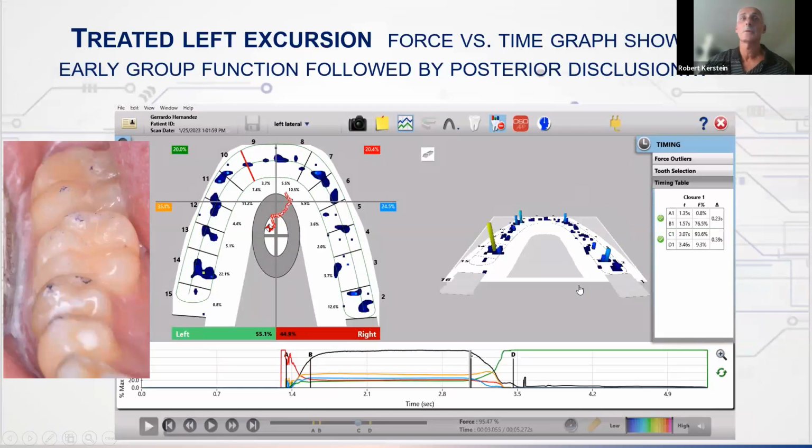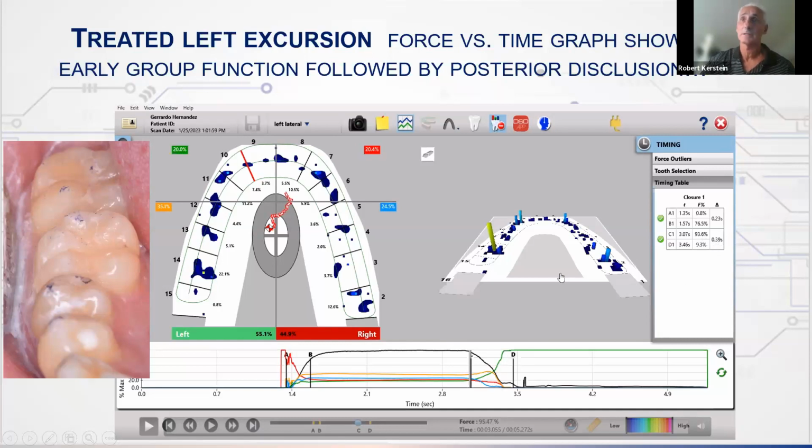Now here's going left. What do you see going left? Reading the graph, there's a group function. The orange quadrant is posterior left, and then it dissipates. The balancing side drops out pretty fast. They actually both drop out around the same time, but the orange quadrant goes slightly up in force, whereas the blue quadrant goes down in force. So the group function is still somewhat prominent, again, at 4/10 of a second, which just shows you the power